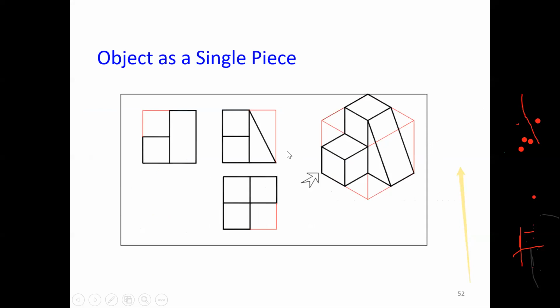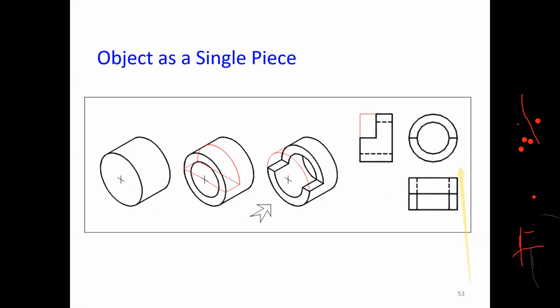So next part, the object as a single piece. You have to consider the object as a single piece. Here also, when we keep it like this, the views are like this. If you see this object, and if I cut this object and ask you to prepare views, then how to draw it? In the front view you will get two circles, and this step you will get by a line. Then the top view, this one is visible. So this visible part we have drawn, but inside this circle, this outer cylinder, the inner circle is not visible. So that's why we have to